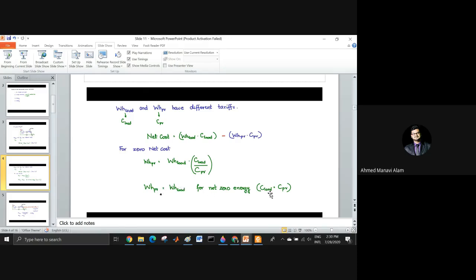Why C_load? Though I have taken C_load equal to C_PV, in the real world C_load and C_PV will not be the same. Why? Because there are subsidies from the government. That is why the C_load is less than the C_PV. That is why our costs are lower. There are various matters, but for our purpose, for simpler calculation, we take C_load equal to C_PV.